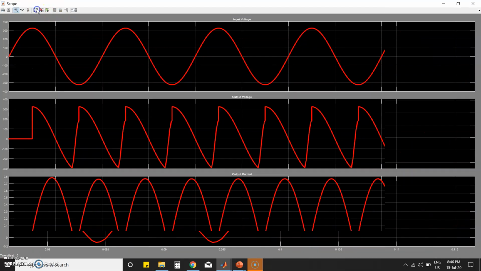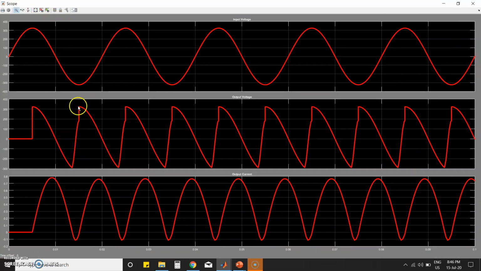So see now, because this is a peak point, this is 90, so we are triggering at this point, and see the current. Your current is now similar to a sine wave, but it is not in phase with the input voltage, and you can see the output current is becoming negative. And the positive and negative portions are equal.